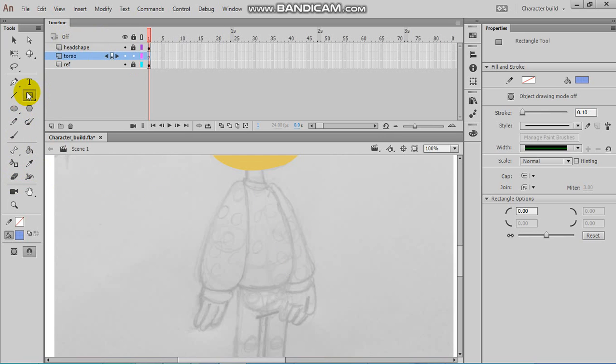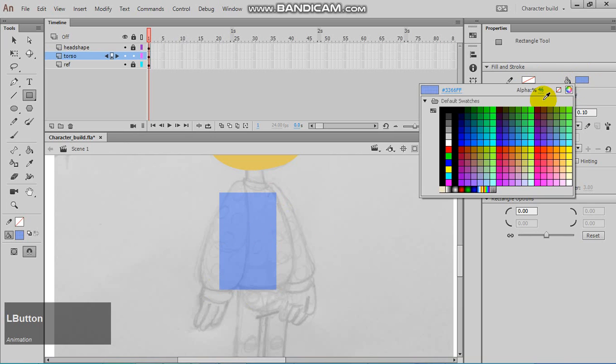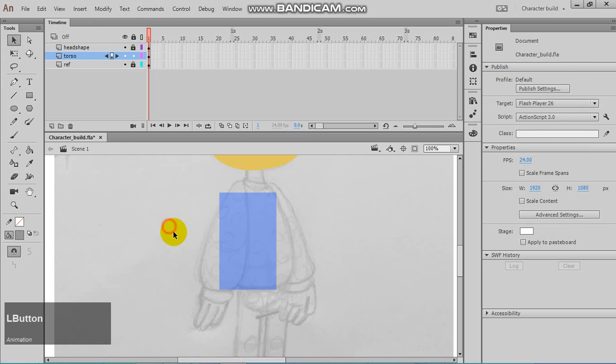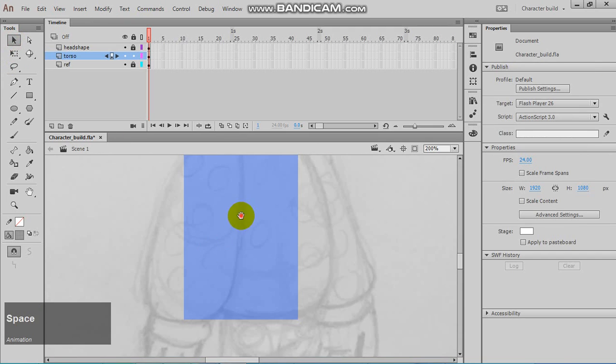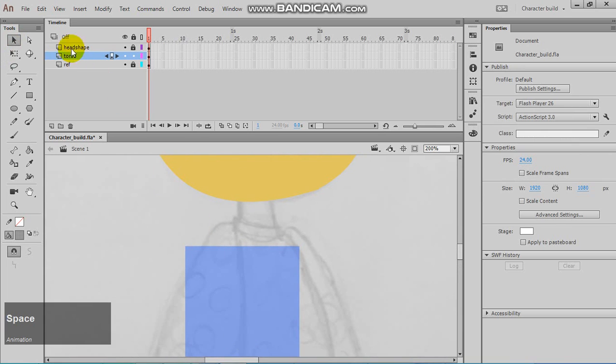What we want to do is to use a basic shape. So the rectangle tool is great. And we just draw out a basic rectangle. Of course, the fill on this, you can turn down the opacity so you are able to see through to the original design. Now what you want to do is to quickly capture the general shape